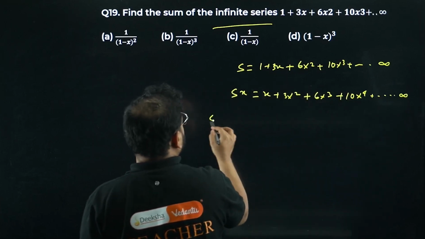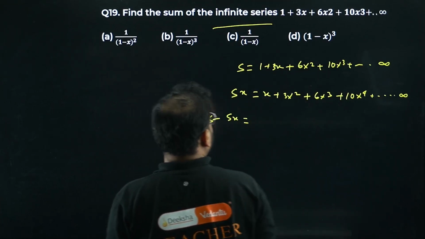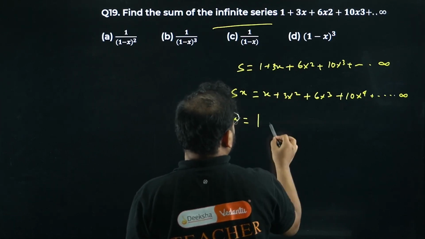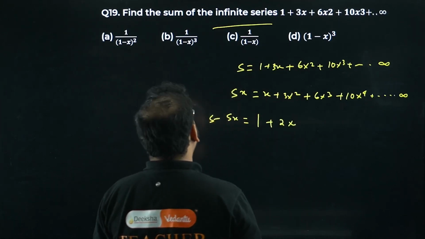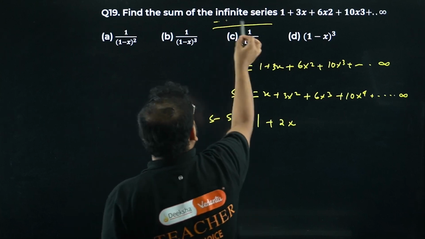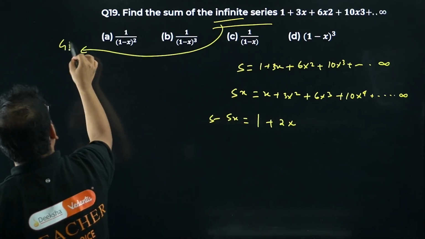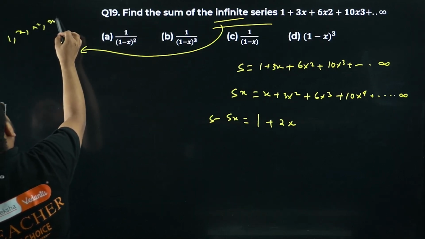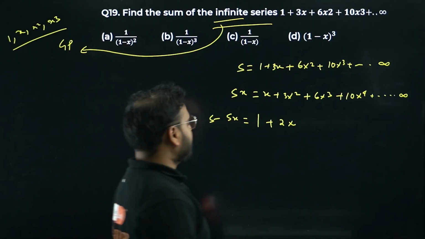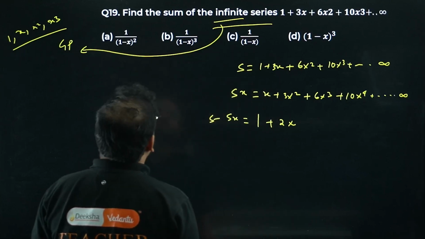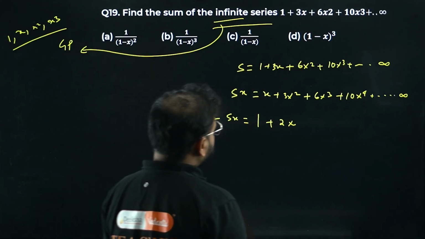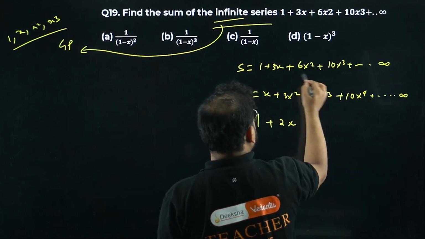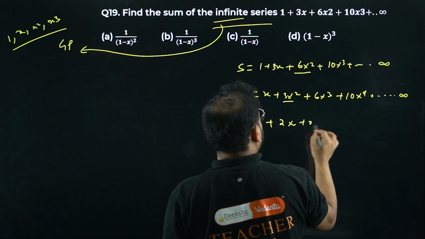Now do one thing, right here S minus Sx. 1 minus x S will become what? Please check. We'll have 1 as it is. 3x minus x will become 2x. We're getting close, right? Because whenever we see an infinite series, look for GP, okay? What is GP going to look like? I have 1, x, x square, x cube like this, right? But it is not the case. We're going to make that change. We have 1, 2x, please check, and this will become 6x square minus 3x square will become 3x square.